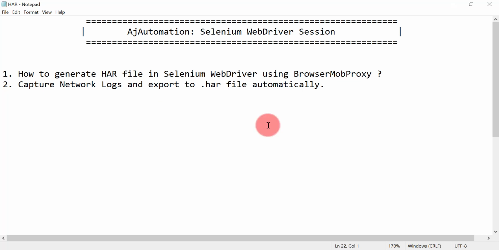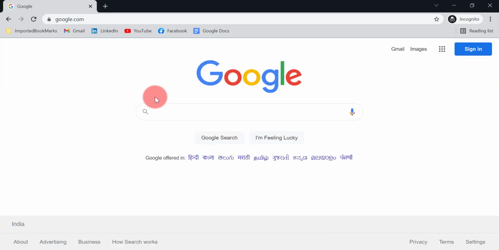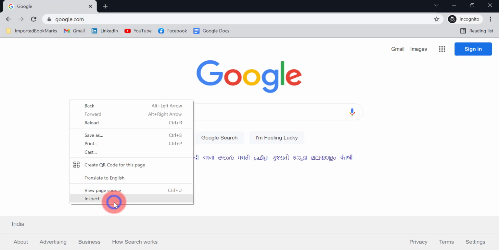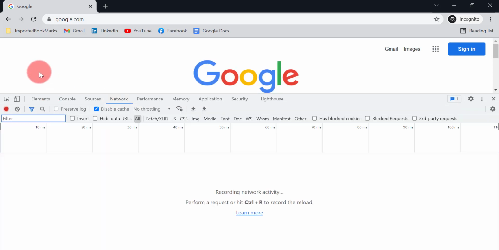Okay, so first of all, let's go and create the .har file for this google.com manually, and then we can compare this .har file generated manually and through automation, to see if all the details are similar or not. So how can we create this manually? Inspect this page, you need to go to the Network tab.